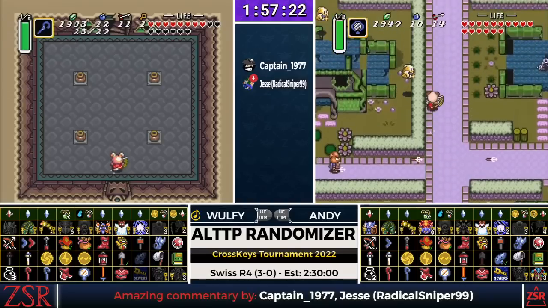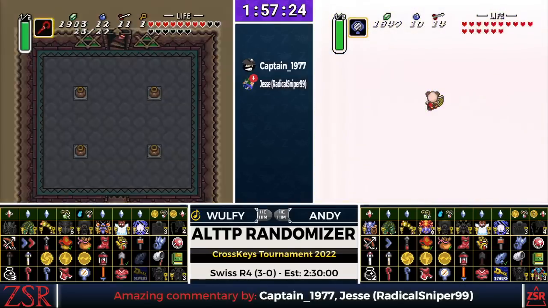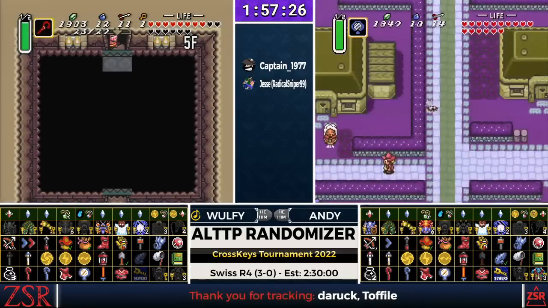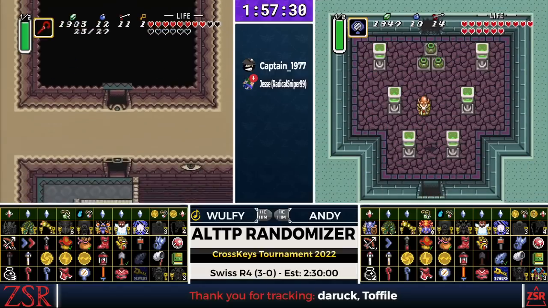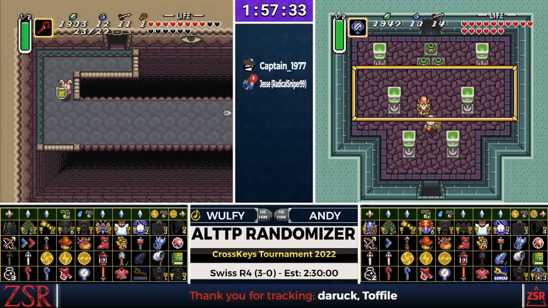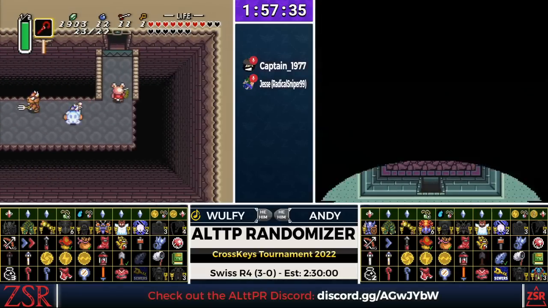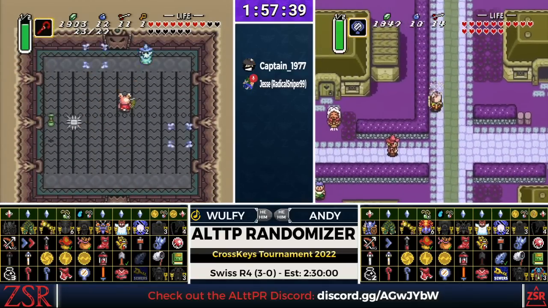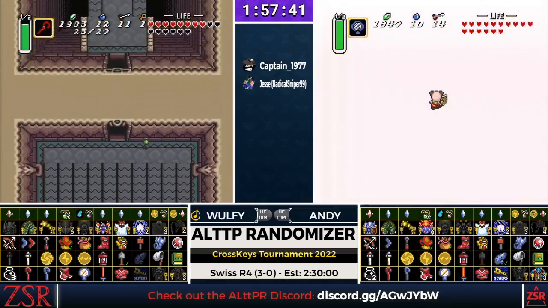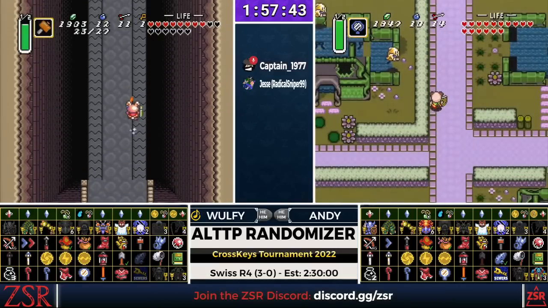And here's the good thing for Andy: Sahasrahla is right here at Sick Kid. So beats pod, mirrors, and hey, I can go turn in green. And it's a big key. 2. Fire. Oh god, no. I repeat,